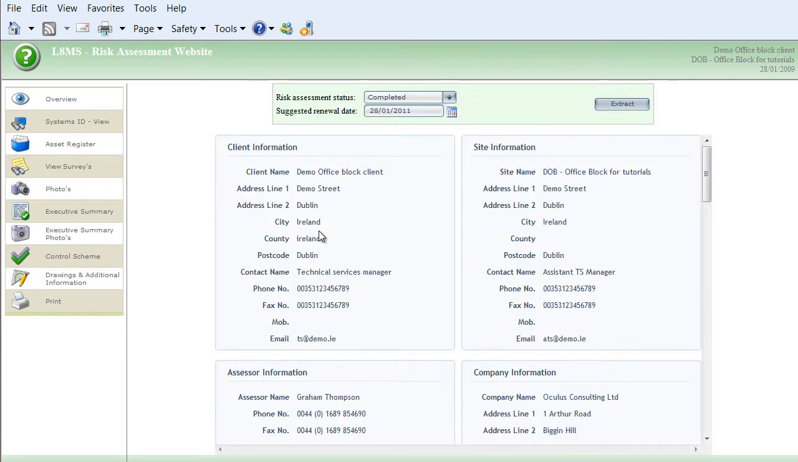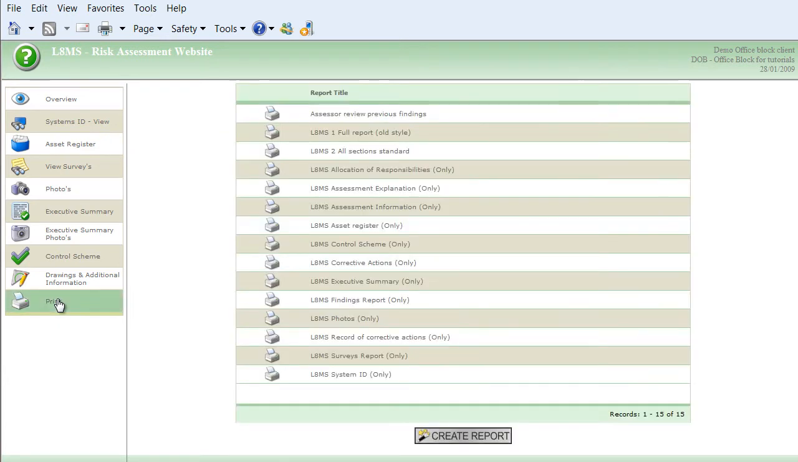Hi and welcome to this short L8MS Risk tutorial on how to produce PDF reports from your risk assessment. I've assumed as always that you're logged in, and here we're looking at the risk assessment open and getting ready to start. If you click on the print button, you'll see there's a list here of standard reports which are